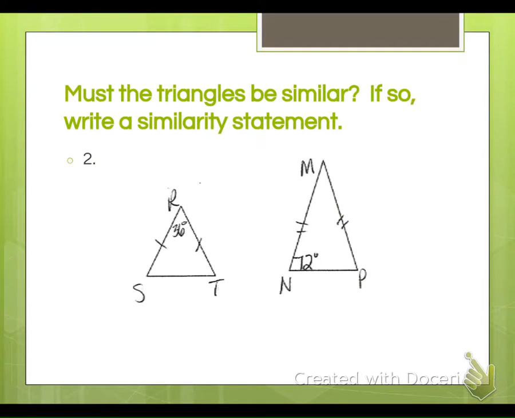Okay, so now that we're on number 2, must the triangles be similar? If so, write the similarity statement. So again, I'm going to go back to the same question I began asking you. What do these little tick marks tell us? It means they're congruent sides. And what do we know about the angles opposite of congruent sides? They are